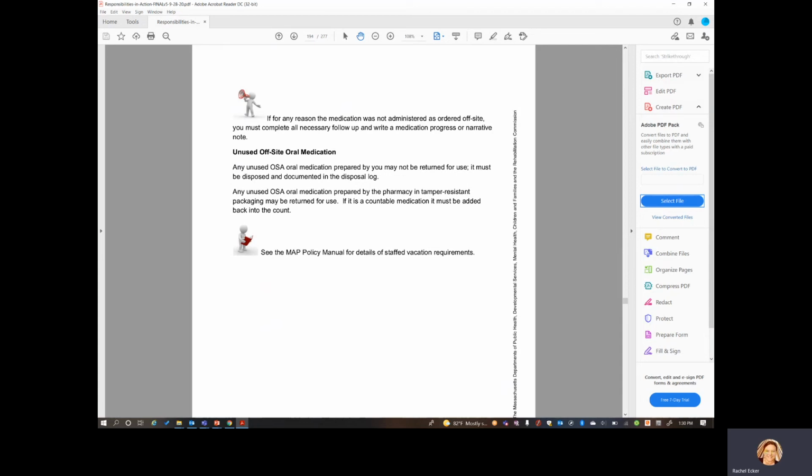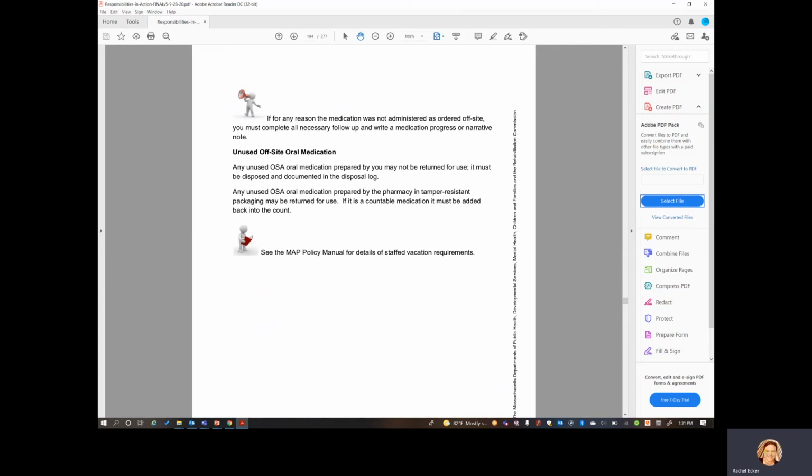So usually anytime those parameters are in place for a medication, it's usually a call to the healthcare provider. So that's just the normal follow-up needed if the medication was not given as ordered.